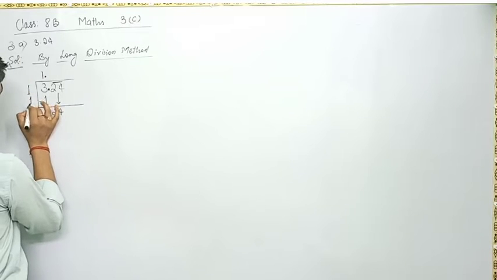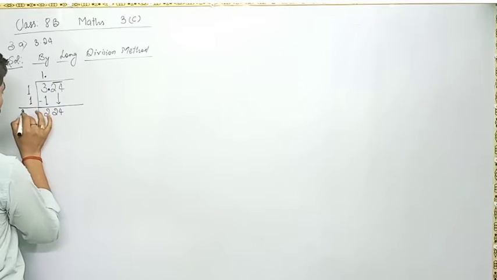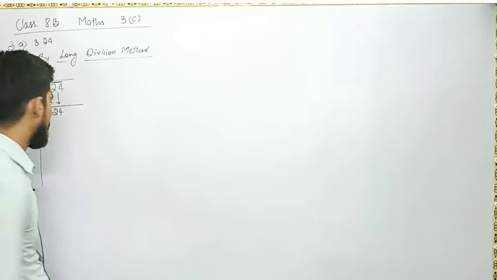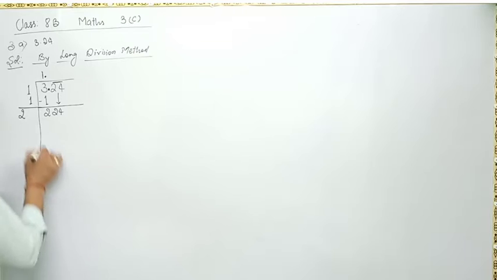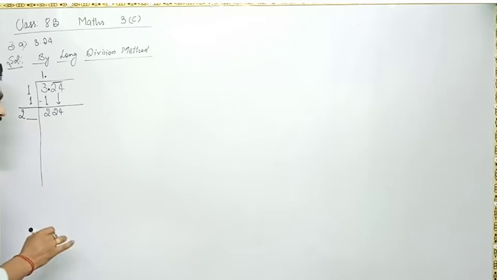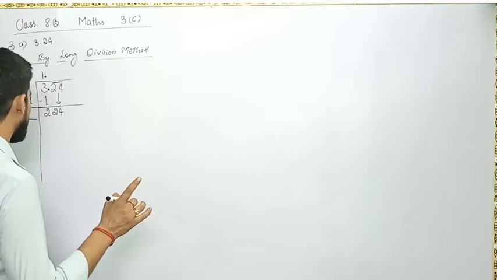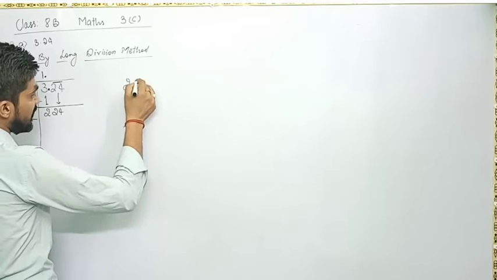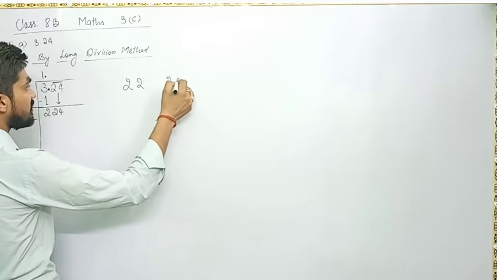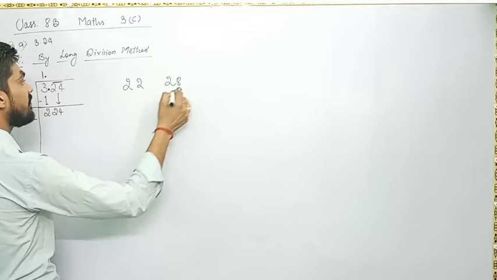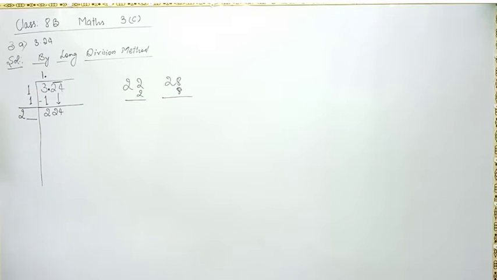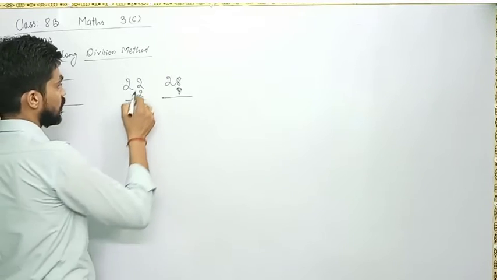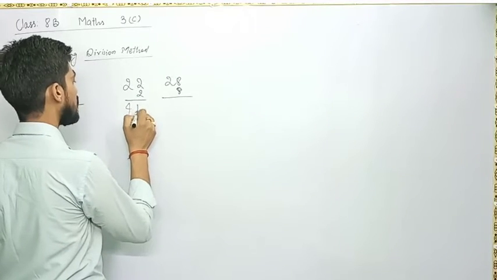Now you know very well this we have to add, it will become 2. Now what is the last digit here? 4. And you know that this is shifted towards the left side and the one's digit becomes empty. So if I write here 2 and here I will write 8. Why am I writing 2 and 8? Because only these are the numbers that can give us 8 at one's position. So if you multiply by 2 you will get 44.